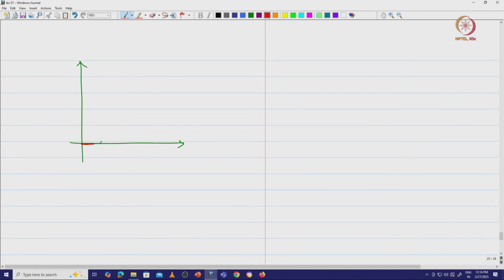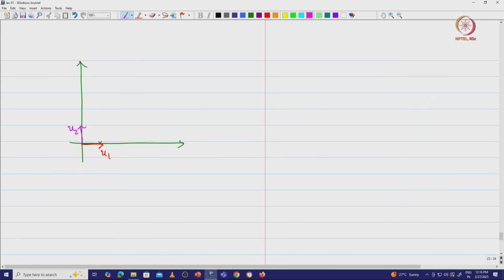So, I have my unit vector which is (1, 0) along the x axis, and I have the other unit vector which is basically this along the y axis. Now, what it says is I want to find out what is u 1 plus u 2. Let us say this is the vector u 1 and this is the vector u 2. Now, we know how to add these two vectors.